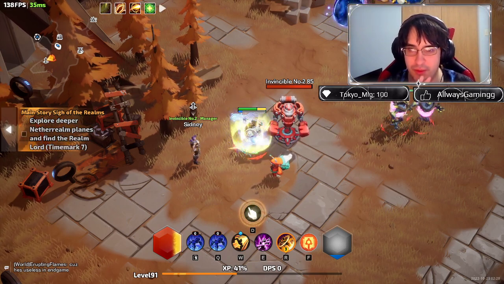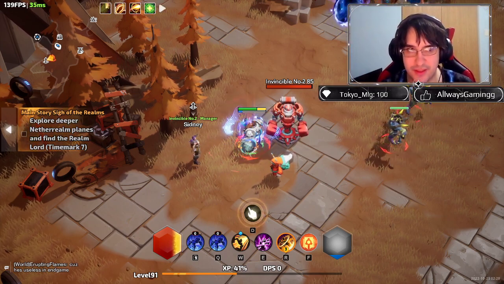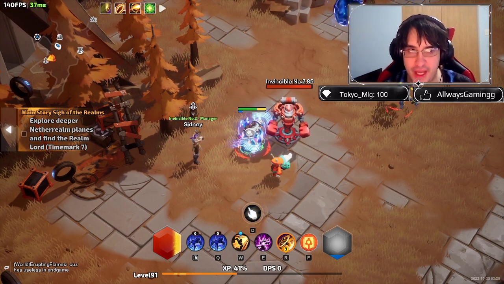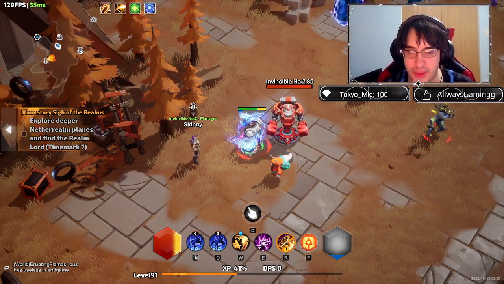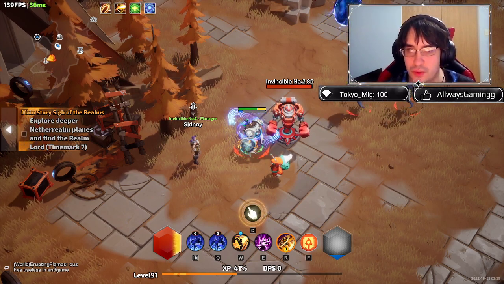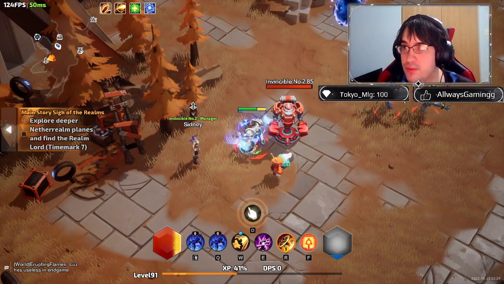So the second iteration of what I'm about to show you has a lot more flat damage added to the minions, so that's why it scales harder, and we go above 30 million damage with this build. So really quick, we're going to start with